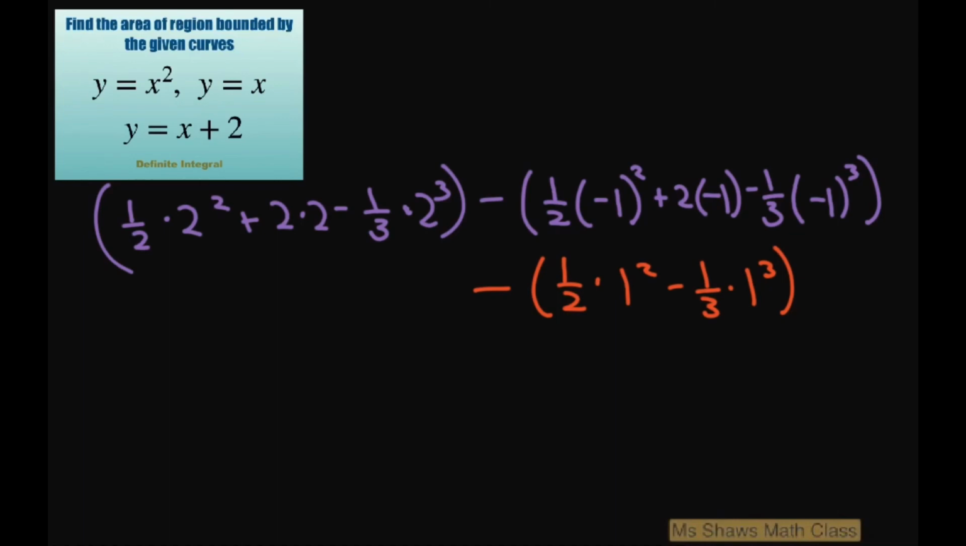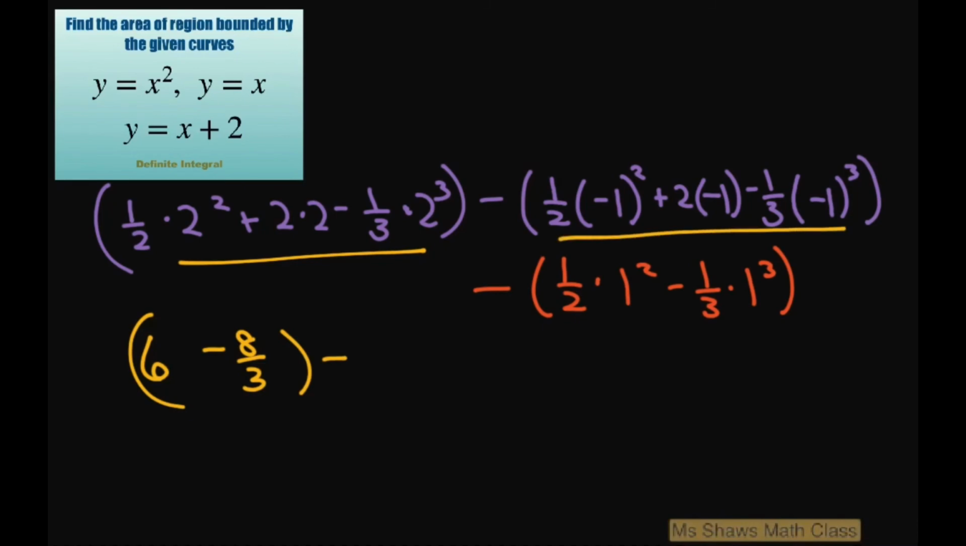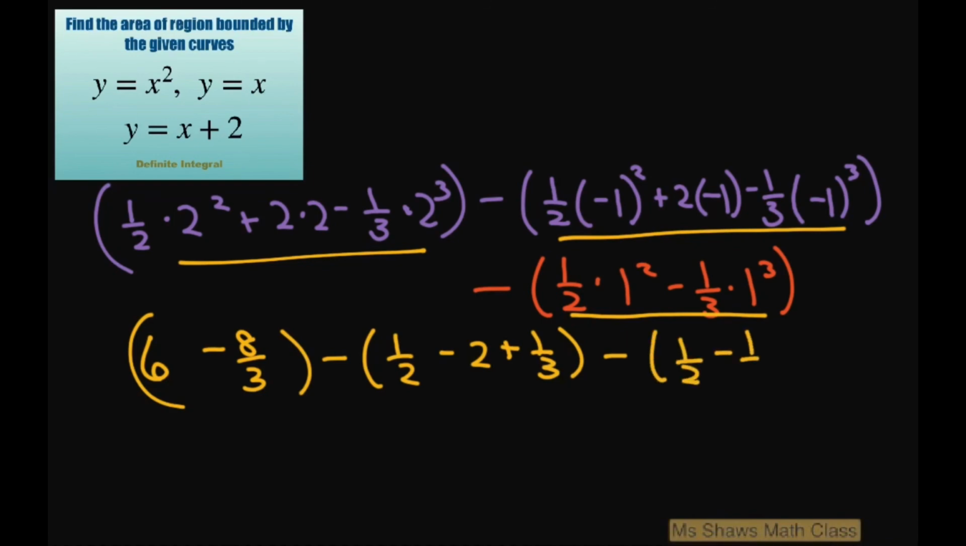So let's see what all this is going to equal. We're going to get 6 for this piece, 6 minus 8/3. And for this piece, we're going to get 1/2 minus 2 plus 1/3. And then for this piece, we're going to get minus 1/2 minus 1/3. All right, so this is all going to equal